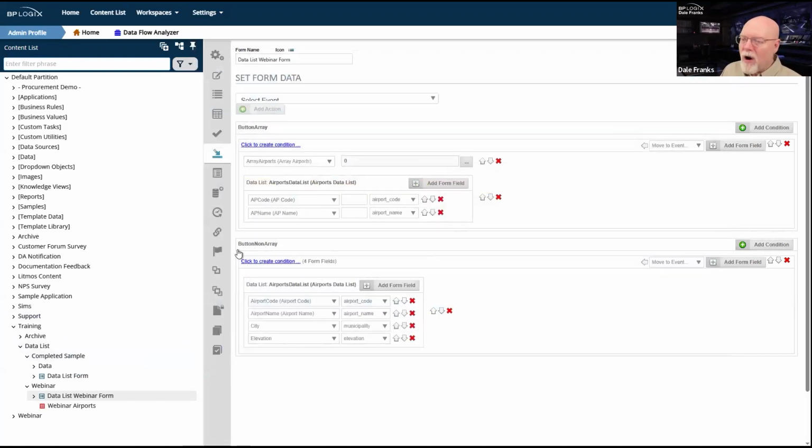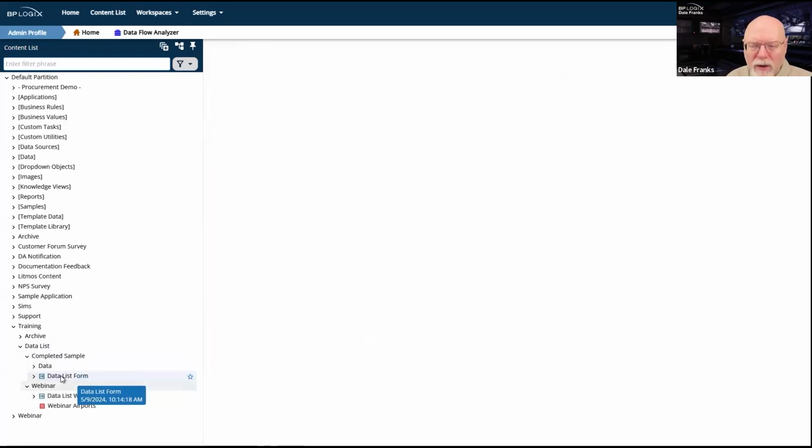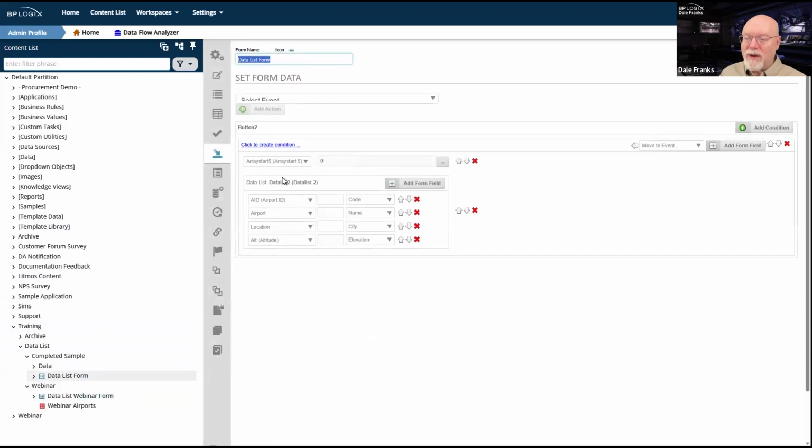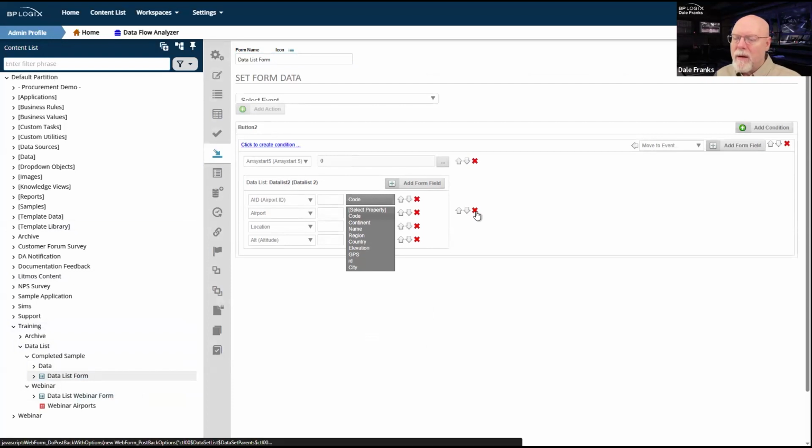Based on what you had said earlier, and I forget who it was that told me, we're going to go back to my original data list form that was just working fine this morning, and we're going to reset this binding.